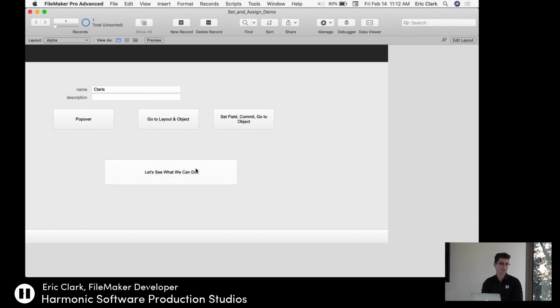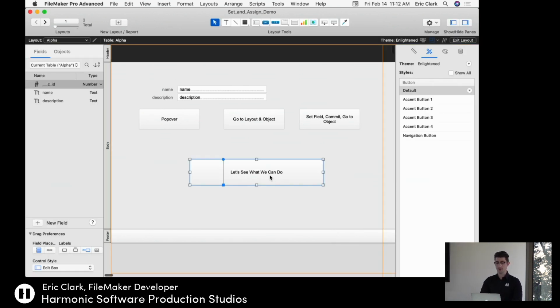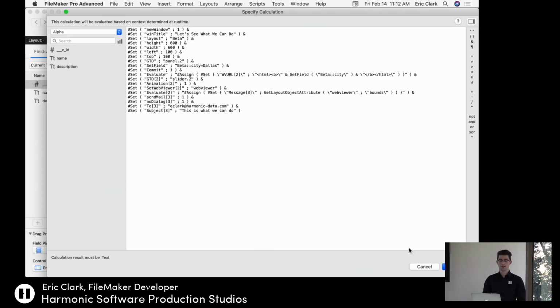So this button that says, let's see what we can do. I want to show you the parameters that I'm passing in there. So I'm going to pass in all of this, right? I'll walk through what this is trying to do. We want to open a new window, name the window a specific something, open that window in a specific layout, and then define the height, width of the window and its left and top locations on the screen. Then we want to go to an object on that layout, set a field, commit that record,